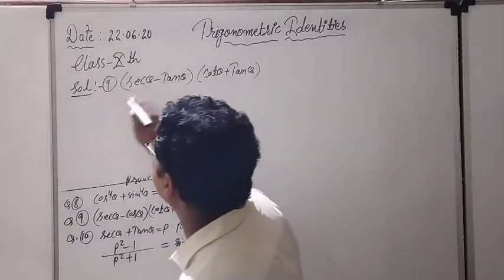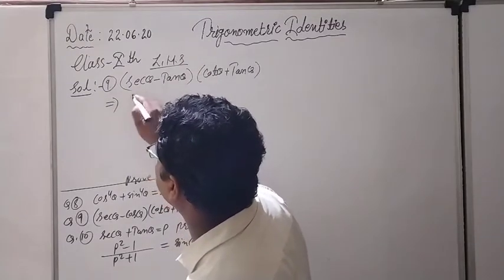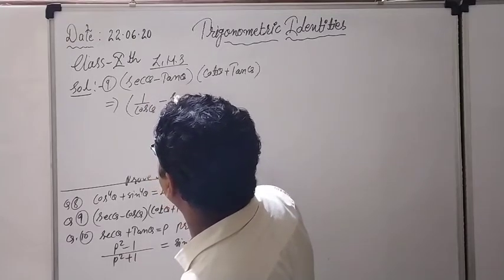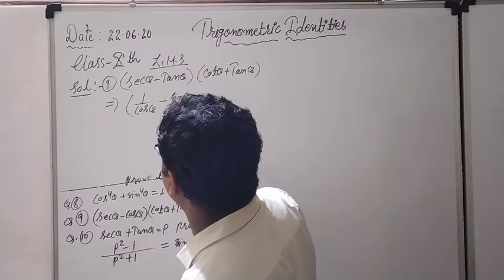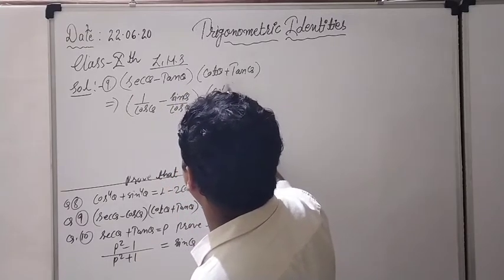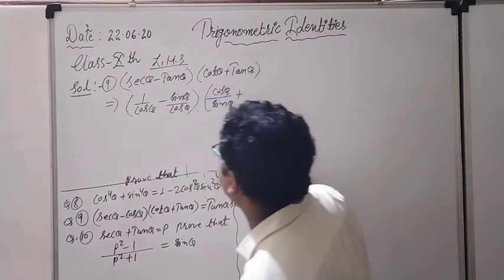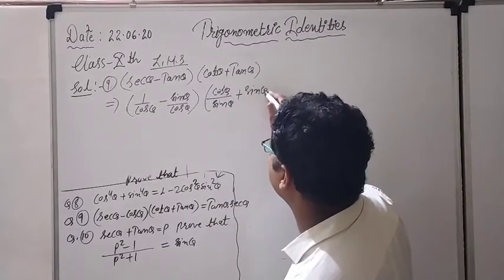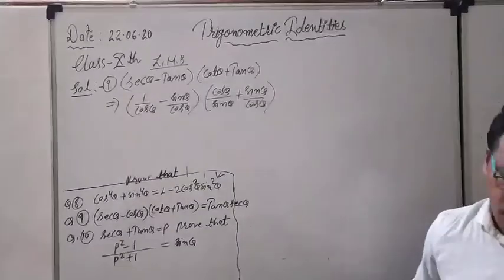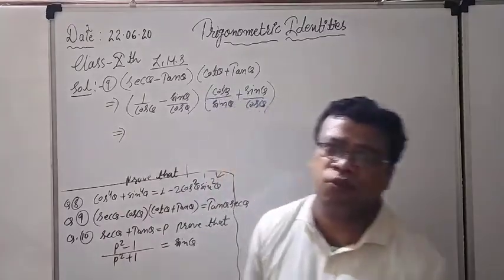Here, very easy, we have taken the left hand side, and we just have to convert sec theta into the form of 1 upon cos theta, tan theta into the form of sin theta upon cos theta. Very easy work we have to do here. Cot theta can be written as cos theta upon sin theta, and tan theta can be written as sin theta upon cos theta. That is the first step that we can understand. No logic. And after that, these are fractions, so they can be solved.